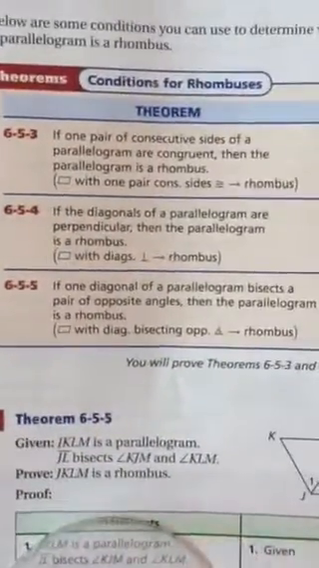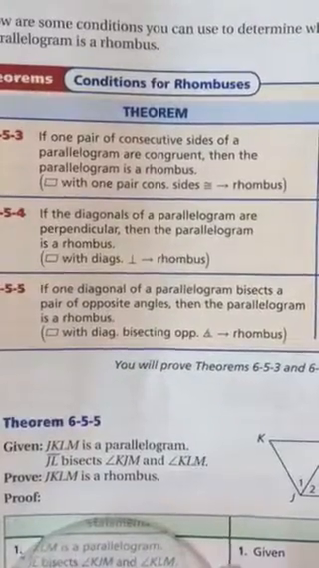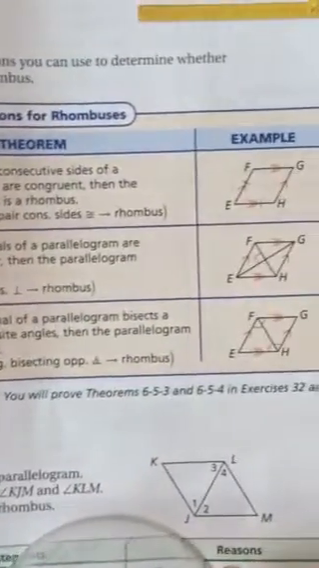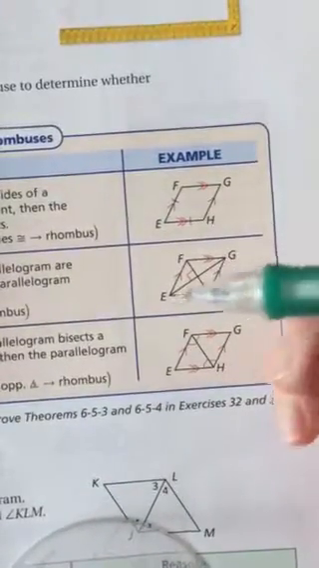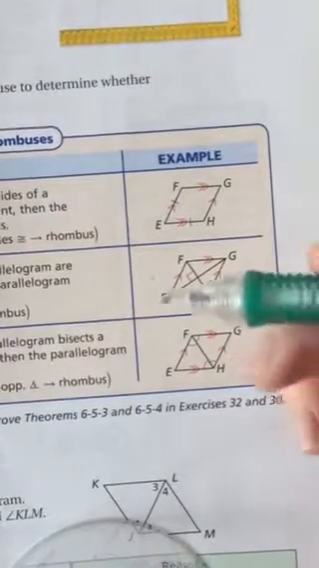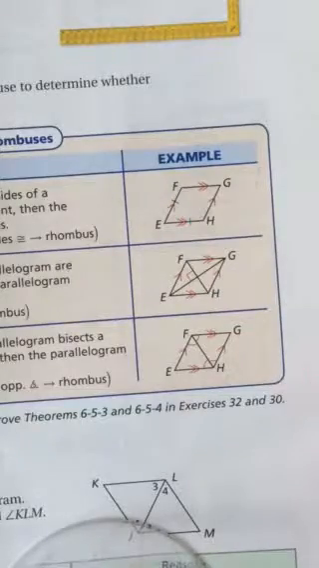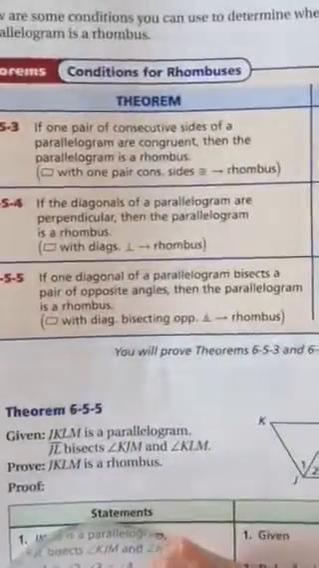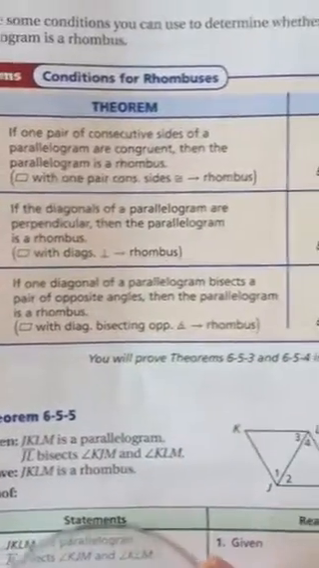All right, the second one, if the diagonals of a parallelogram are perpendicular, then the parallelogram is a rhombus. Okay, so in 6-4, we learned that if we know this is a rhombus, then we know that its diagonals are perpendicular. This is the converse. If we have a parallelogram and the diagonals of the parallelogram are perpendicular, then that information lets us know that this is a rhombus. And lastly, if one diagonal of a parallelogram bisects a pair of opposite angles, then the